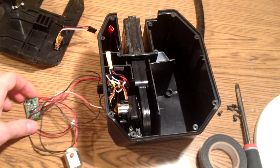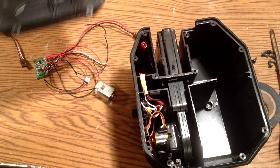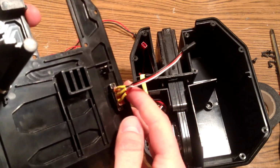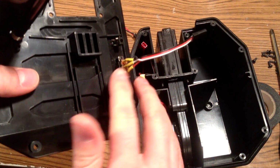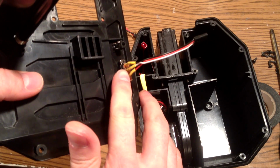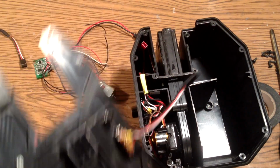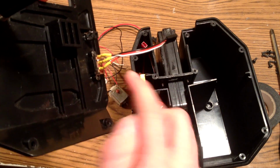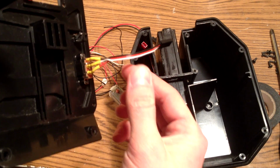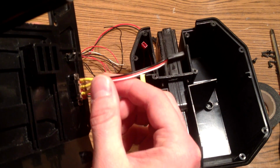You will have these things. So what you want to do is, you see this switch here. You want to leave these wires that are soldered here already. It will not look like this, but they will be soldered directly to this one. And you want to solder two extra ones here, one white and one black. And you want to extend these